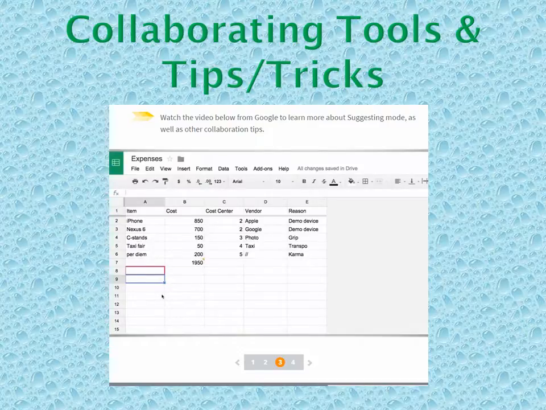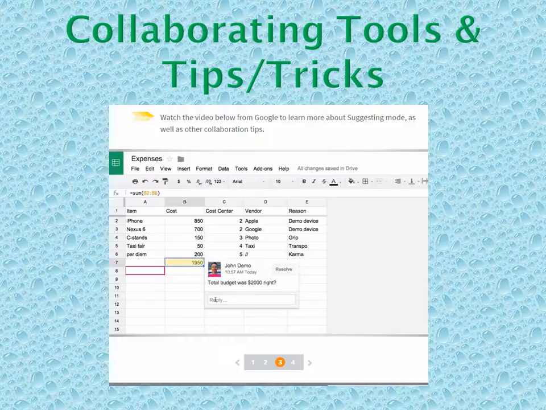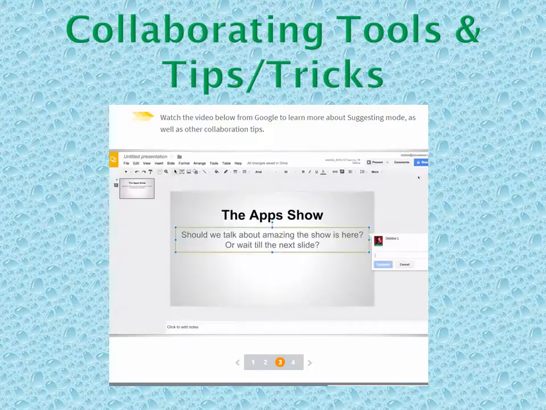To reply to a comment, just click on the box and type your reply. We use this to solve tricky problems where several people have an opinion on how to solve it. Comments work not just in Docs, but in Sheets and Slides too. When there's a comment on a cell in a sheet, you'll see a yellow triangle. In Slides, you can only comment on the whole text box and not on words or subsections within that text box.